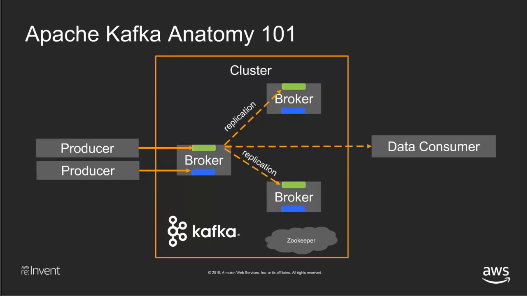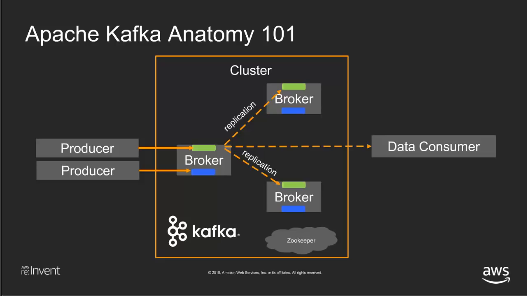Let's go a little bit deeper into how Apache Kafka operates. And you'll see here on the left side we have producers. Those are your web servers, your IoT devices, etc. The cluster that Kafka runs on is in the middle, and then on the right is the data consumer. Those are the applications that are reading data from Kafka, that are performing the analytics, doing the transforms, moving data from the Kafka cluster onto a destination.